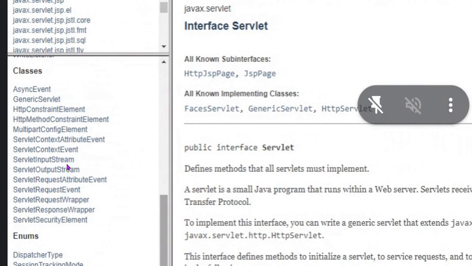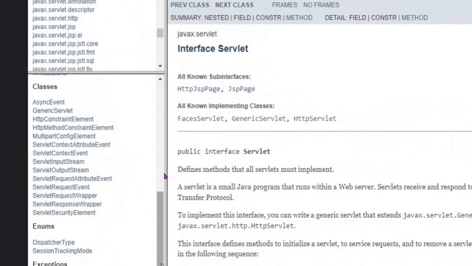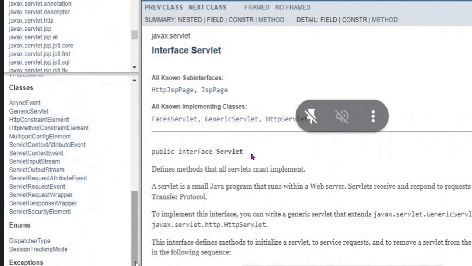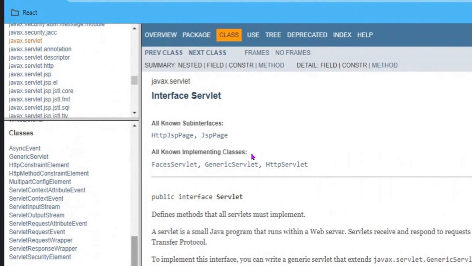I started when Java was evolving, in '98, when 2.0 was released. At that time I was learning Java. At least till 2005 we used to write raw code using all this. But after that, the evolution is such that frameworks provide all the ready-made libraries and classes, so we don't need to write raw code. But you need to learn these concepts, only then can you become a good programmer.